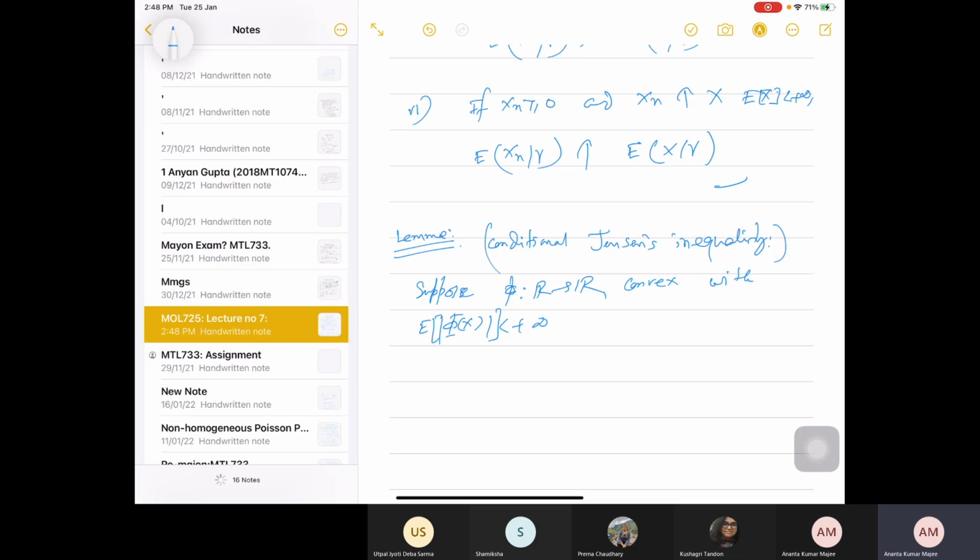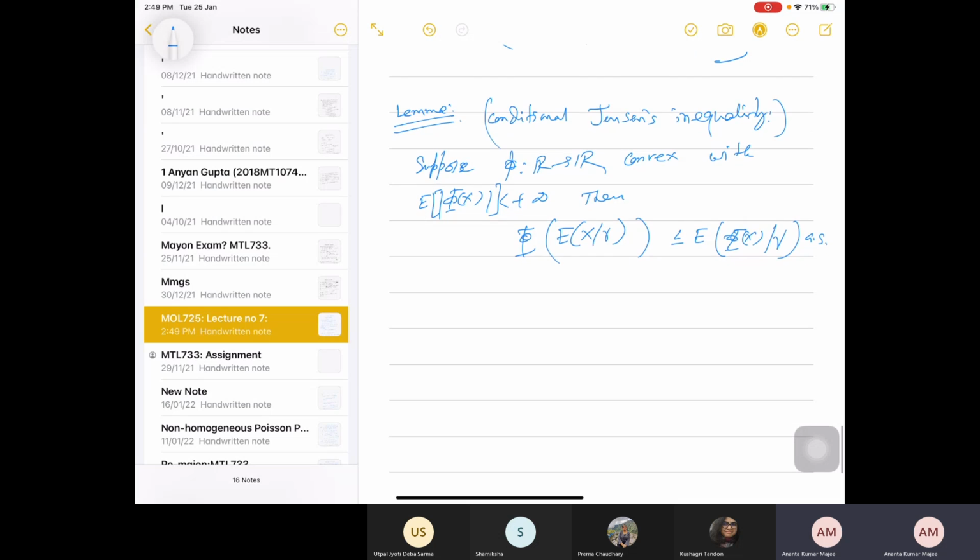and also x is integrable. Then what it says is that we first consider the conditional expectation of x given any sigma algebra, and then you apply phi. This is less than or equal to the conditional expectation of phi of x, which is again a random variable, and by these conditions it is integrable, hence I can talk about the conditional expectation. So this is less than or equal to the conditional expectation of phi of x given nu almost surely. Okay, so the proof is